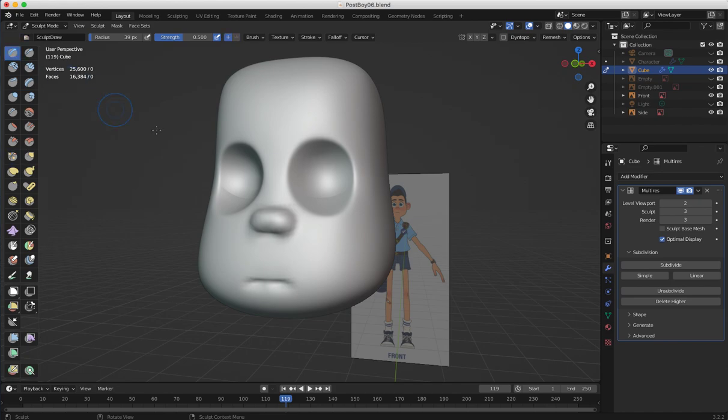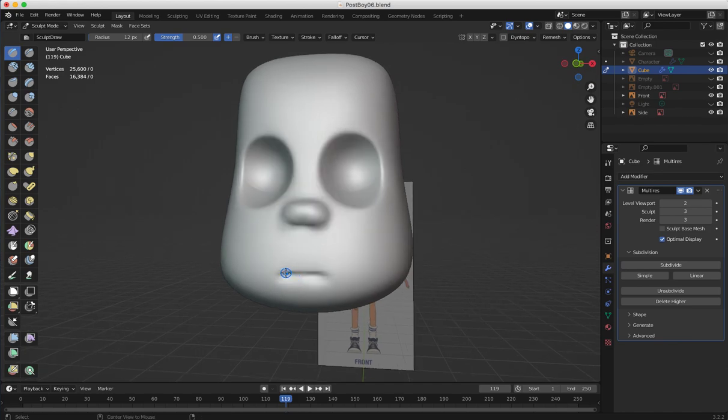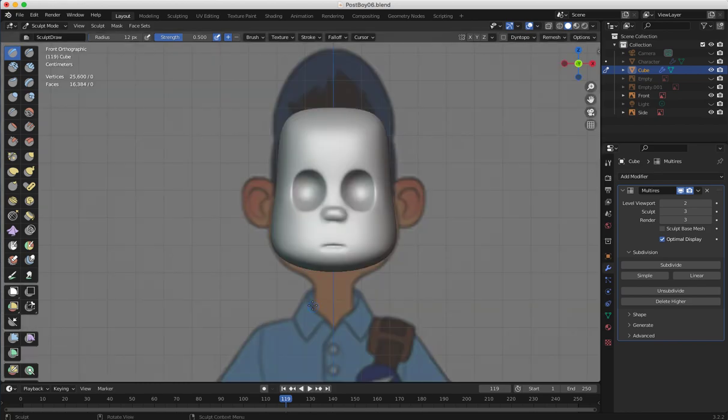Yeah, so that is what we want. That's what I'm looking for now. Control. Let's go back here to see if his mouth is in the right place. Yes. Yep. So it's a small mouth,